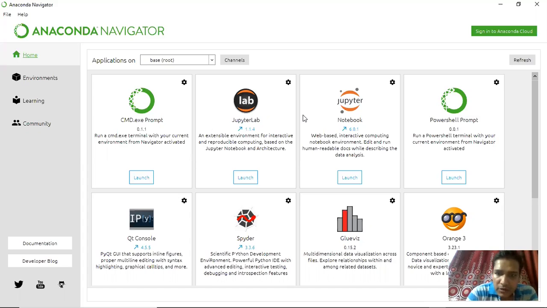Just click on the launch button. If you click on launch, it will launch Jupyter Notebook where you have installed your Anaconda, which is very commonly on the C drive. So when you click on this, it will launch the Jupyter Notebook in C. Just click on it, and we will continue with the next video where we will start our Jupyter Notebook project.